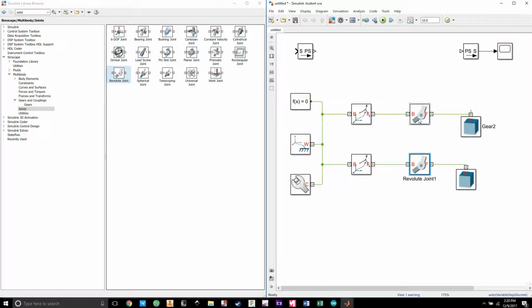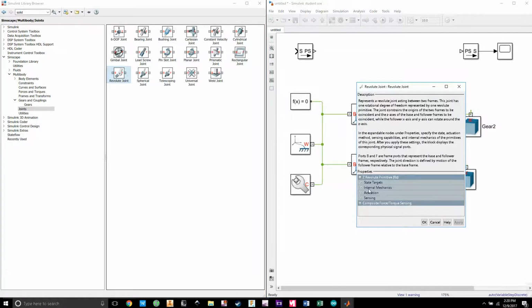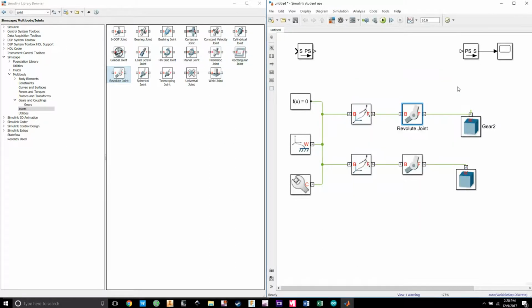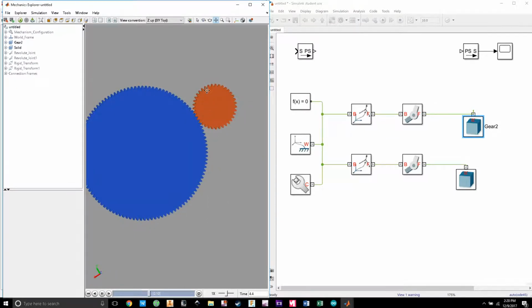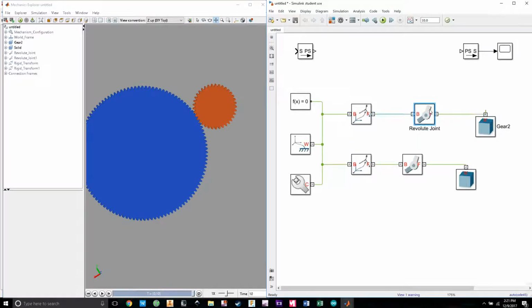That just means wherever they are, they're going to rotate around the z-axis, and it tells you that right here: coincide in the z-axis, base and follower. It's telling you whatever you have is going to be rotating around the z-axis unless you tell it otherwise. So let's hit the simulation. You see things are still the way they are. These are joints, they can rotate, but nothing is happening. In order to make a joint rotate, what you need to do is actuate the joint,